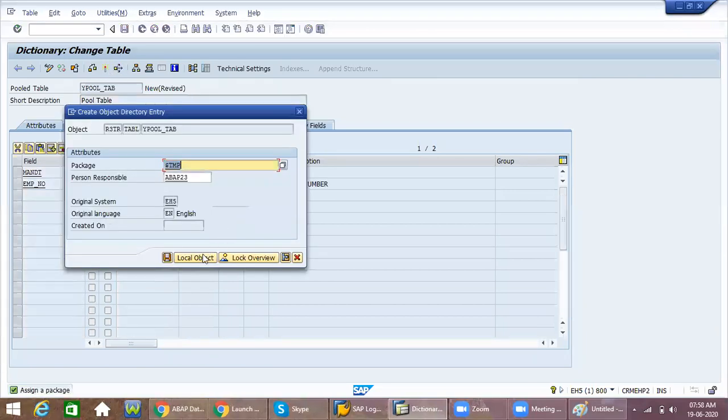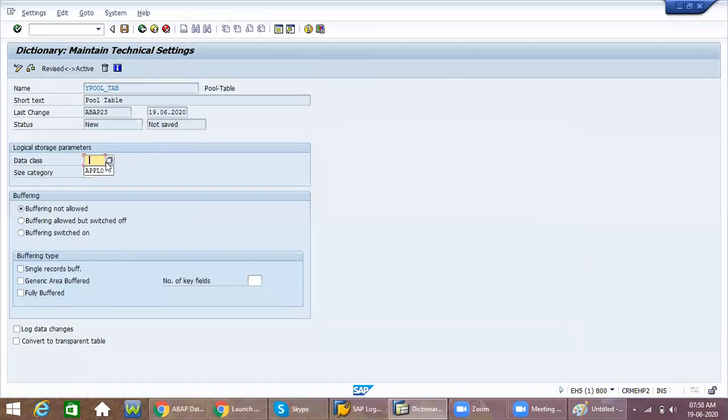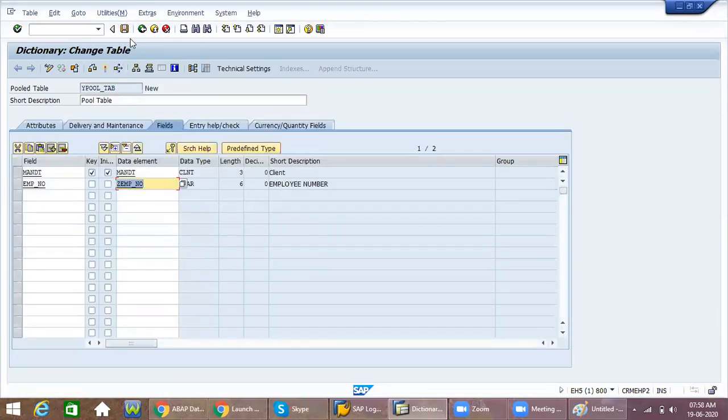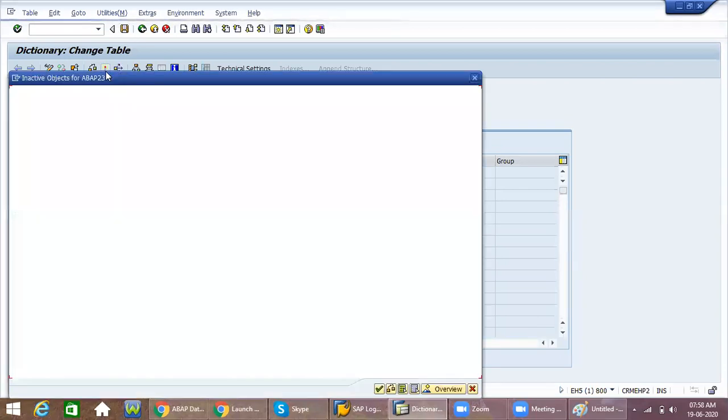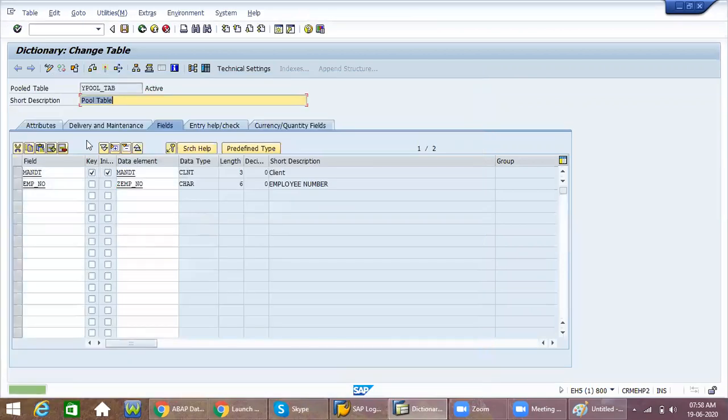Just save it, check syntax and technical settings, and activate this. So now this is a pool table.